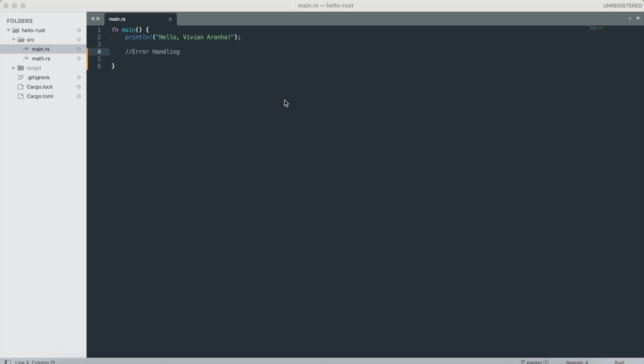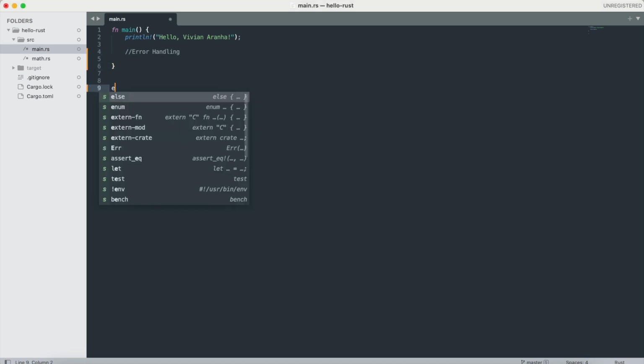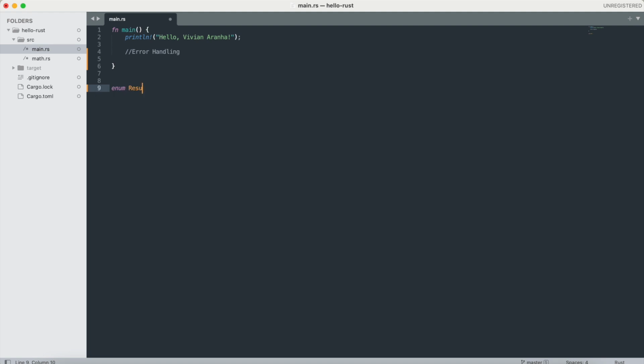Recoverable errors are situations in which it's reasonable to report the error to the code that called your code and give that code a chance to retry the operation. Rust uses the Result enum to handle these types of errors. The Result enum, how does it look like? Let me just show you the enum Result